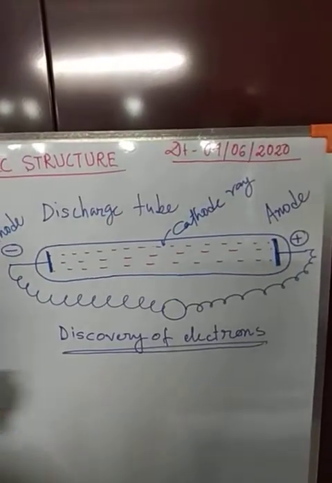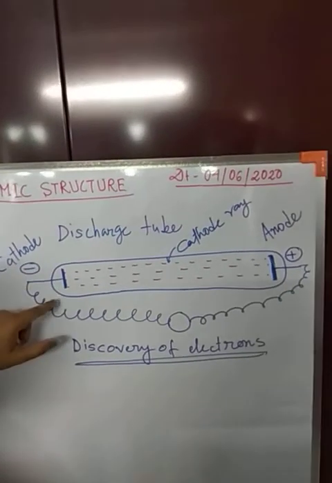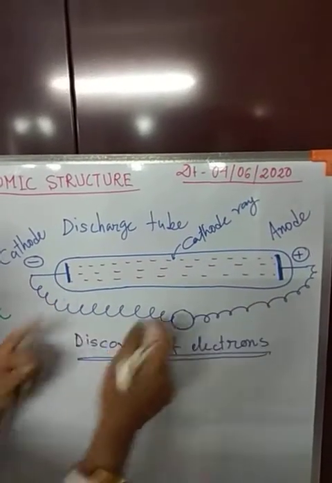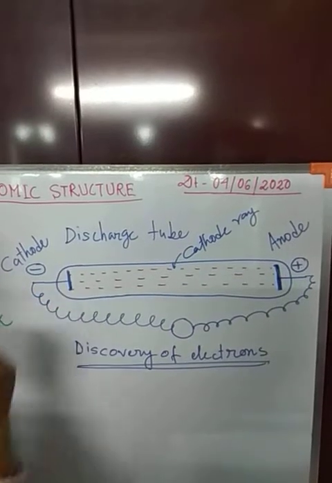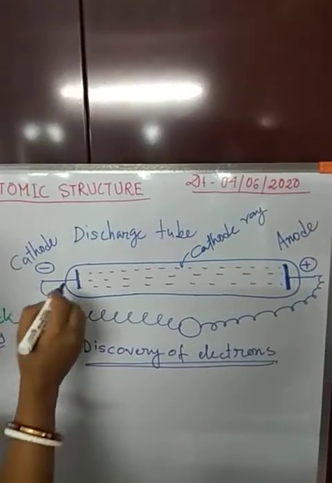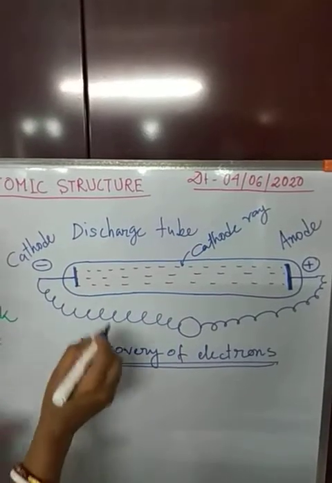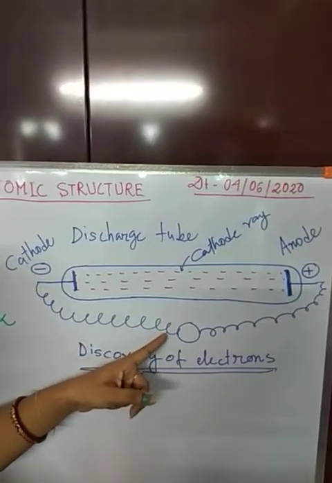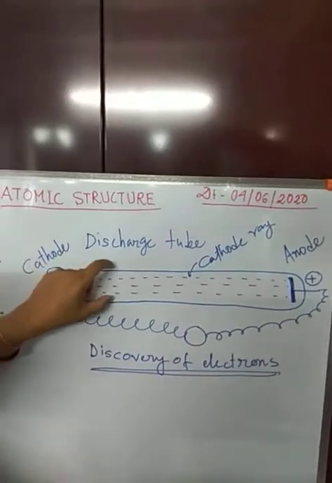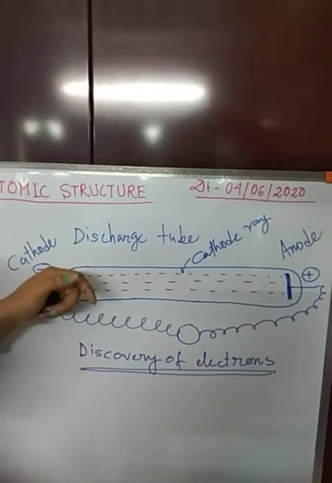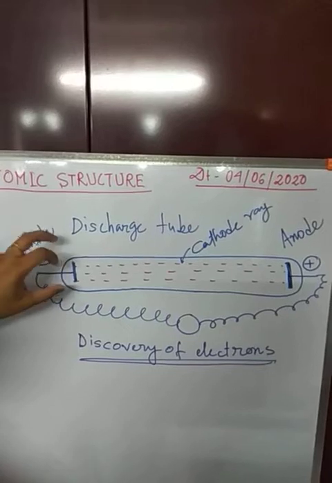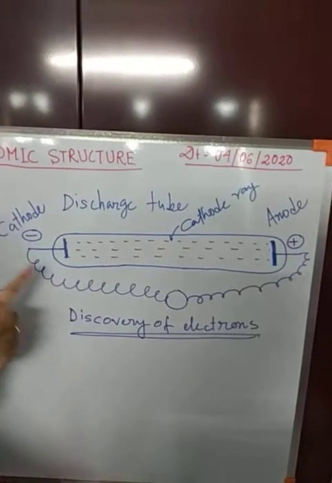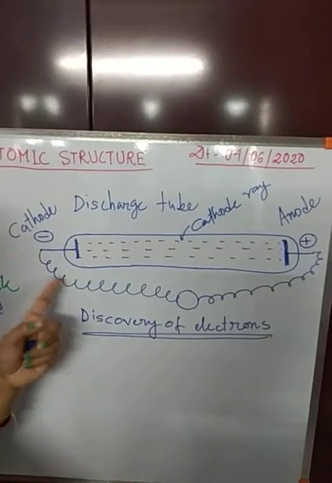Now, what is a discharge tube? A discharge tube is a sealed glass tube where at its two ends there are two metal plates, and with the metal plates we have connected electrical wire, through which we will be giving the connection of current. Okay, we will be passing current through this. In this discharge tube there will be a gas. Any gas we can take, but it will be at a very low pressure. Now in this condition, we will pass current through this tube.